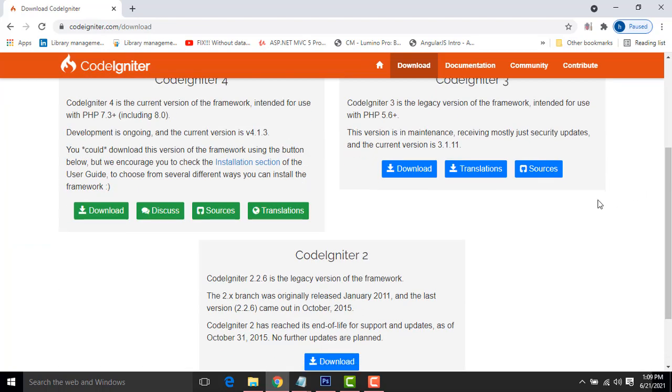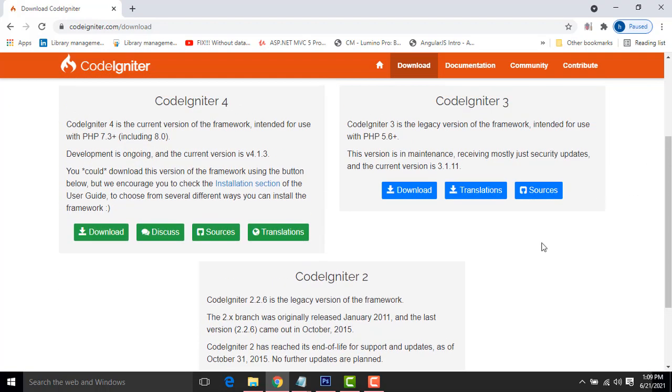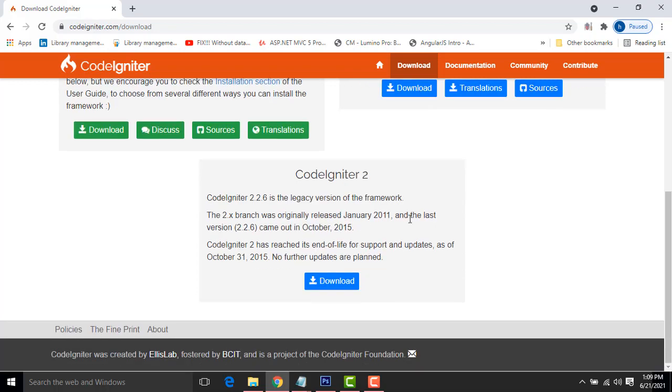It goes to the respective website to download CodeIgniter. These are the CodeIgniter versions 2, 3, 4. The current version should be 4, right? But those who are going to work with the oldest version are still developing projects on CodeIgniter 2. The person who needs it can download that one.